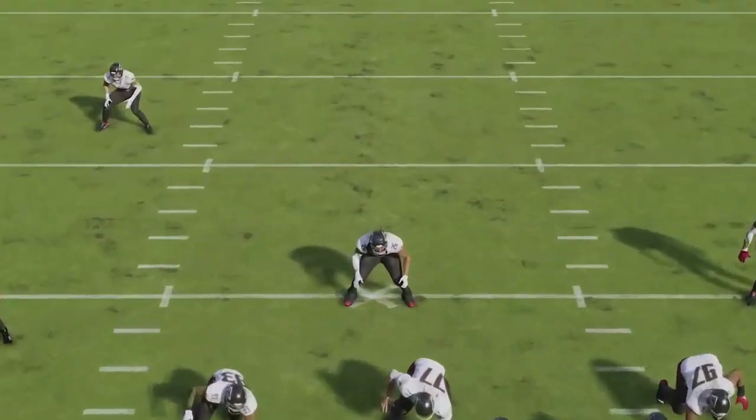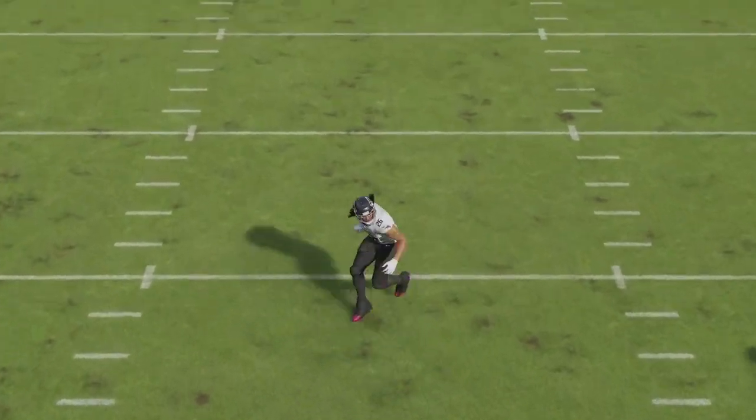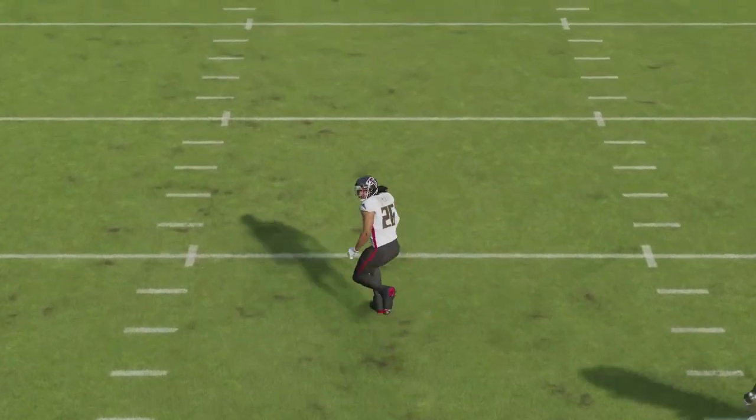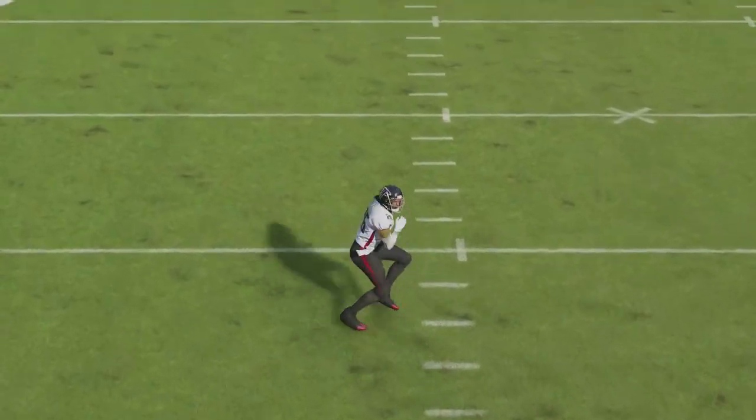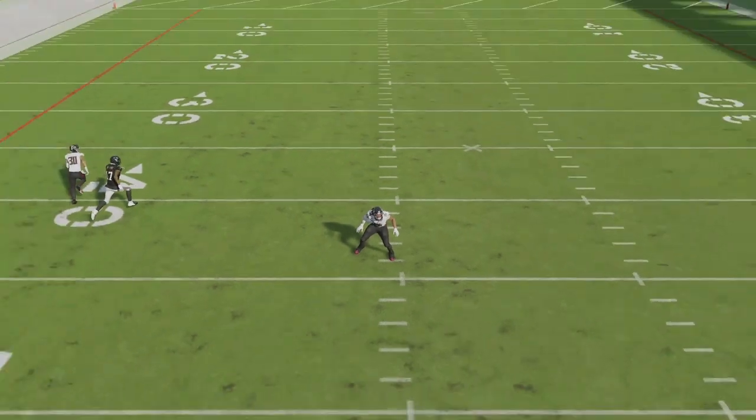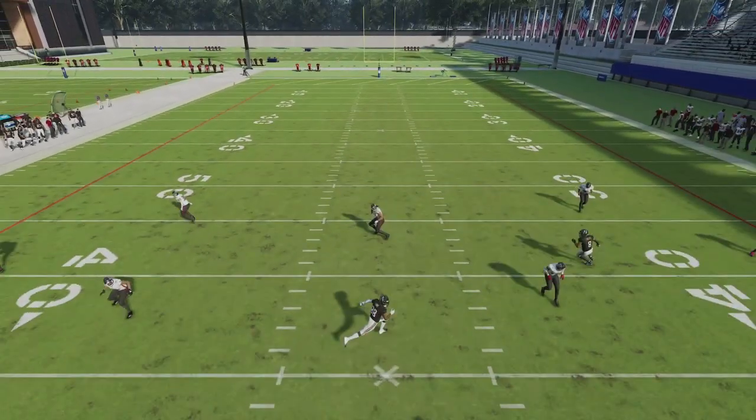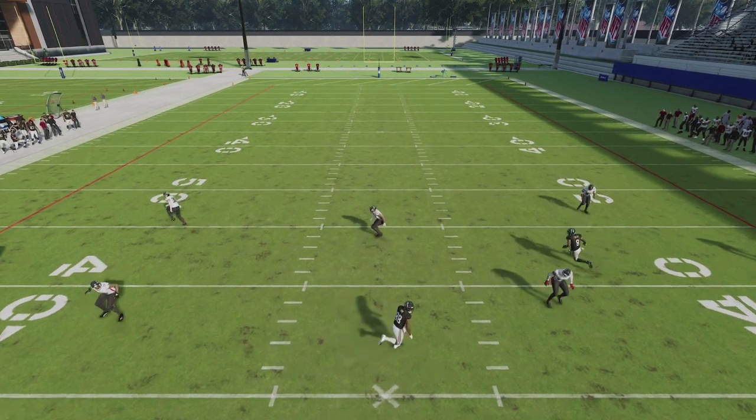This guy right here, we're going to get him to dance. What I mean by that is he's going to go back here and open up his hips. He's trying to figure out where he's going. And the way we're doing this is by taking some of these routes and figuring out